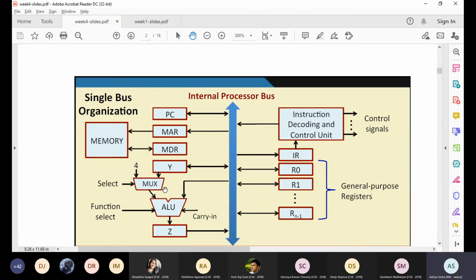I'll give you a hint. Program counter. Sir, increment by 4, because it is byte addressable memory. So what are we incrementing? The next instruction word that is to be fetched. The address is incrementing, by bytes. Are we incrementing the value of program counter?